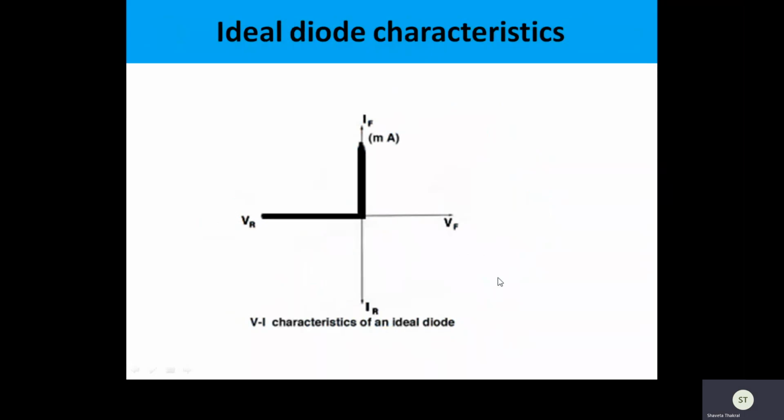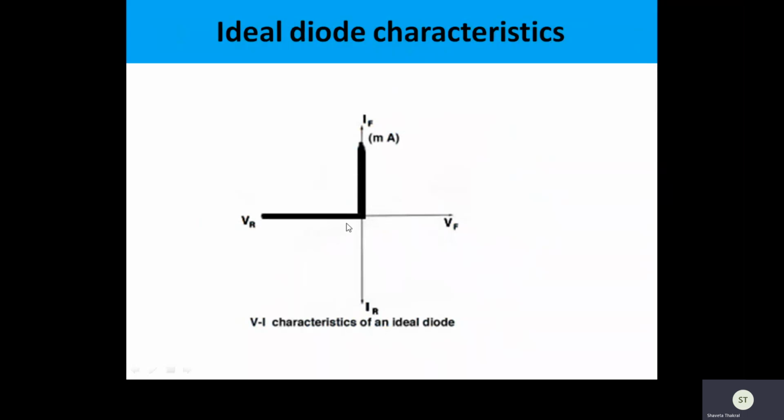Here we have the ideal diode characteristics. In the ideal diode characteristics, we can see that during forward biasing, the full current is there, and in reverse biasing, no current is there. So we can assume that for an ideal diode the knee voltage should be zero. Obviously the graph coincides with the y-axis, and that indicates that the diode is acting as a perfect conductor, and the current is becoming infinite, so obviously the resistance should be zero.